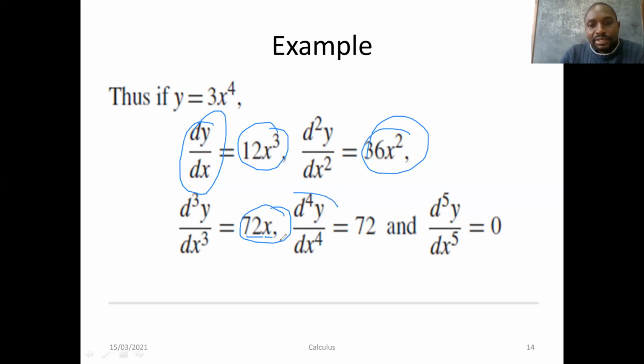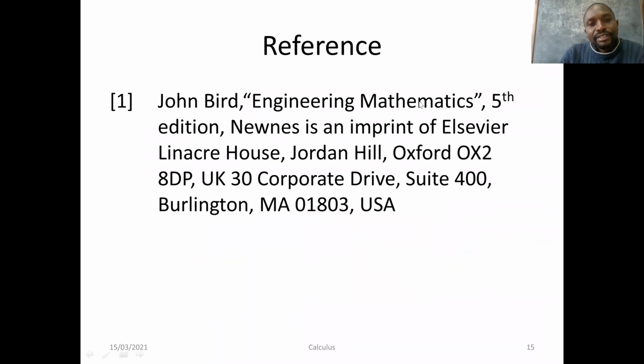The fourth derivative will simply be 1 multiplied by 72, which is 72, then x to the power 1 minus 1, which is x to the power 0, which will give you a 1, and 1 times 72, giving you just the fourth derivative as being 72. The fifth derivative in this case is differentiating a constant, and whenever you differentiate a constant, you're going to get a 0. This marks the end of our presentation, and again, I've given this important reference